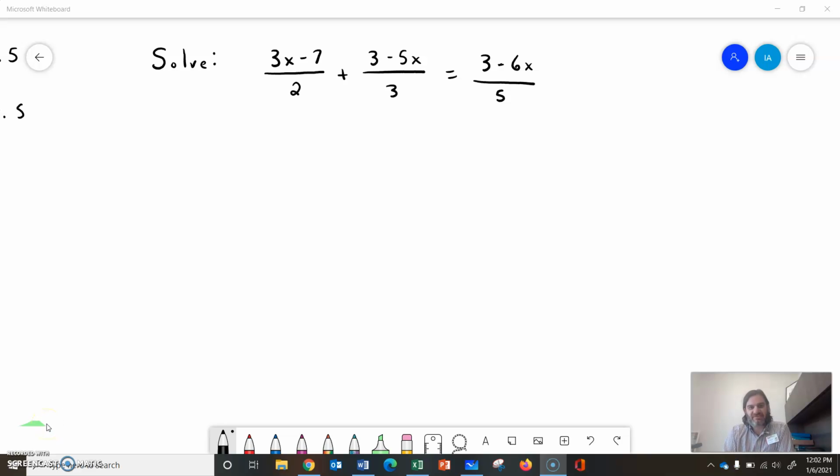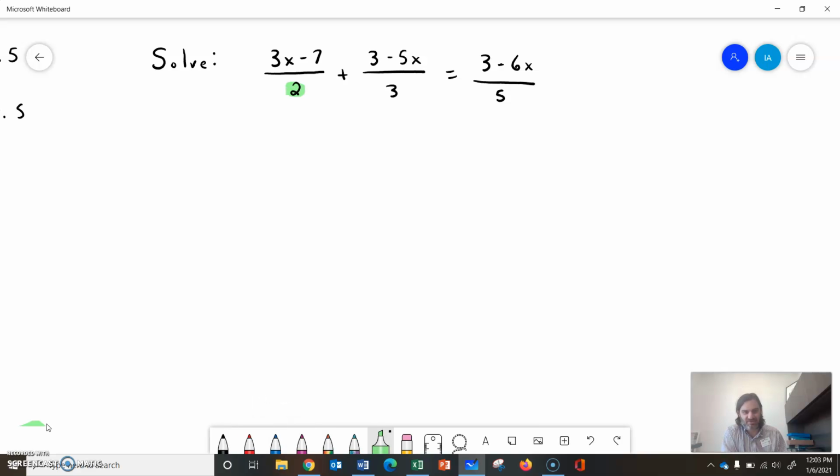Hey, here we are solving a linear equation and it has fractions in it. The equation is (3x minus 7) all over 2 plus (3 minus 5x) all over 3 equals (3 minus 6x) all over 5. So we talked about when we had fractions, we wanted to look at those denominators,